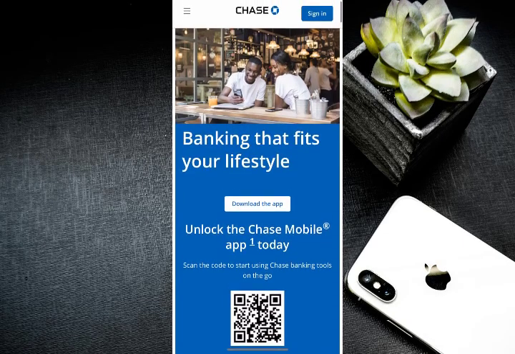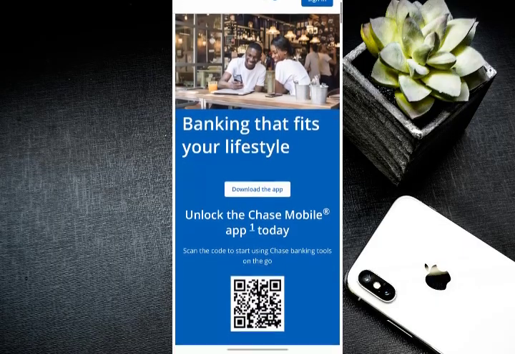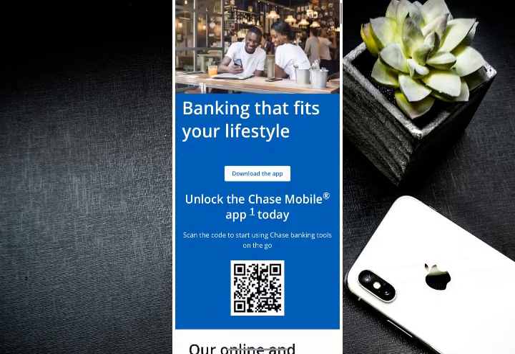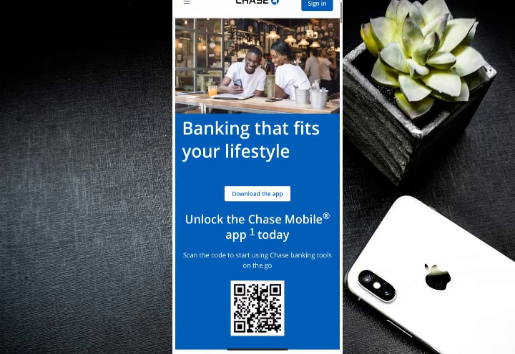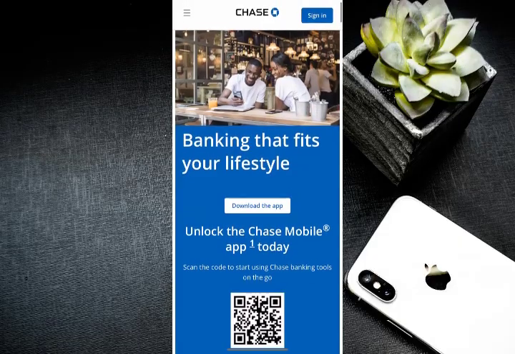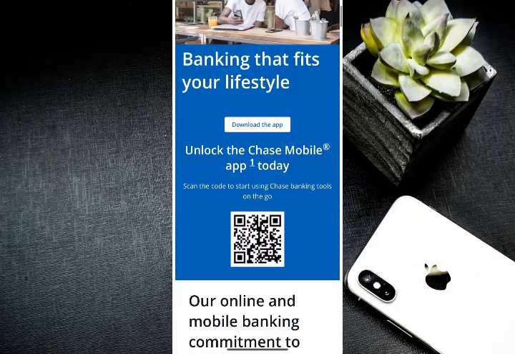So the first thing to do is to open the Chase mobile app and log into your account using your username and password. Then on the home screen, tap the menu icon, which is the three line icon in the top left corner. Then in step 3, you have to select transfer money,